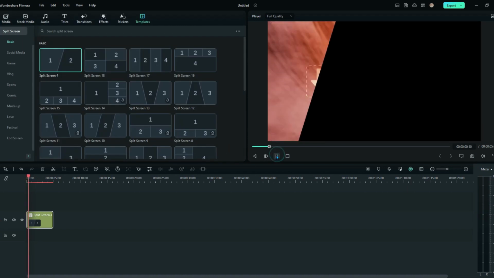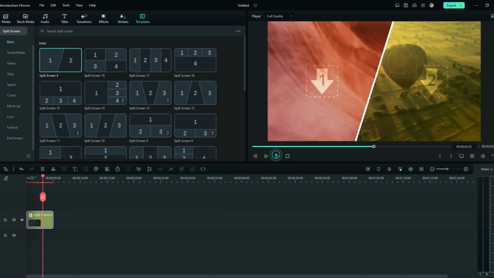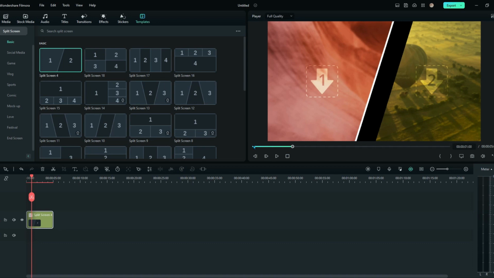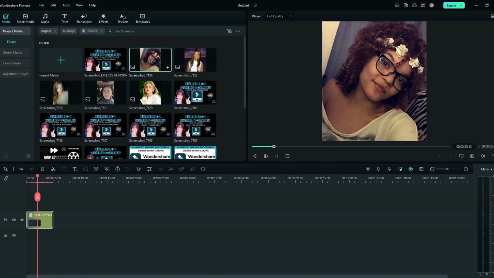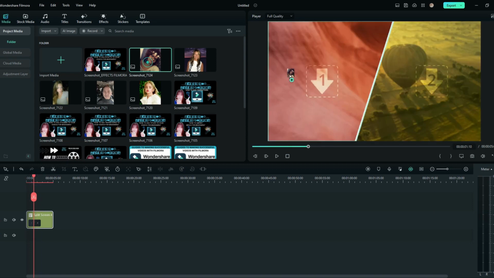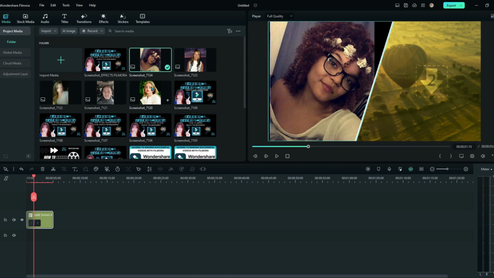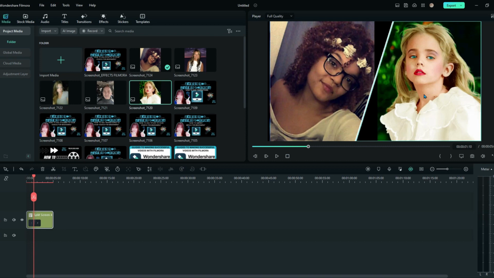Now, if we play this out, it's going to show us how that template is going to animate. So you're going to bring it to the area on your timeline so that you see both of the areas that you're going to insert, area 1 and area 2. You're going to go back over to your media, and for the sake of this video, we're just going to use some pictures from the channel that I used for the missing and the homicides. So we're going to drag Karina over to this section, and we're going to grab John Bonet and put her over in section number